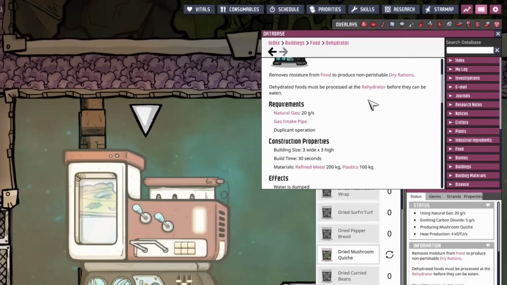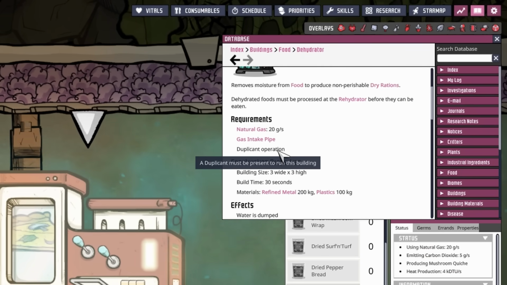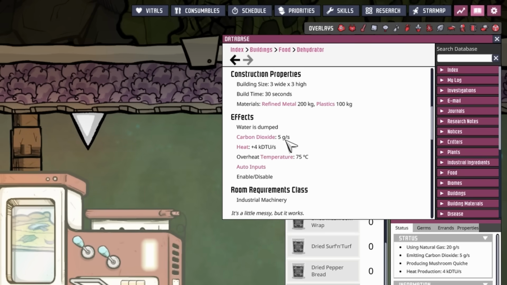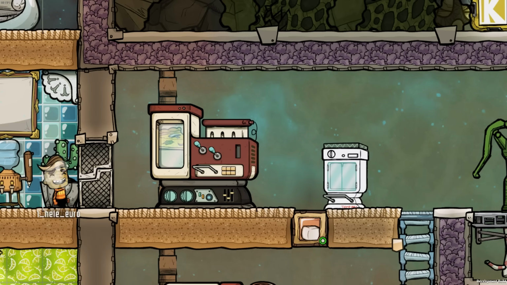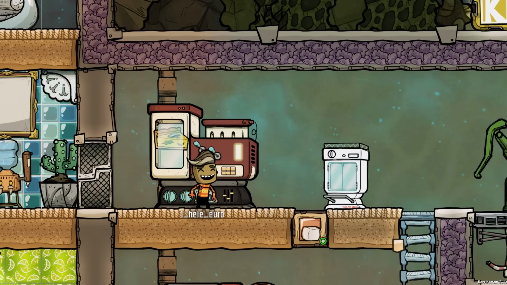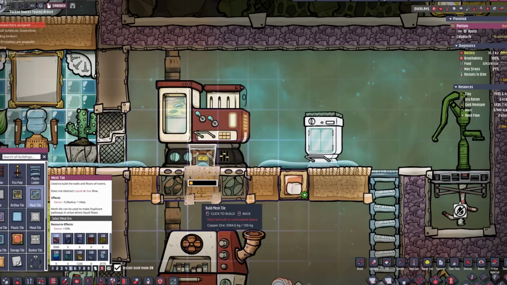The Dehydrator uses 20 grams of natural gas per second, needs a duplicant to operate it, even though not the whole time, puts out carbon dioxide at 5 grams per second, produces 4 kDTU of heat and has an automation input. Once the building has properly dehydrated the food and a duplicant comes by and takes it out of the machine, it will just drop all of the water on the floor, which is why I would suggest using mesh tiles